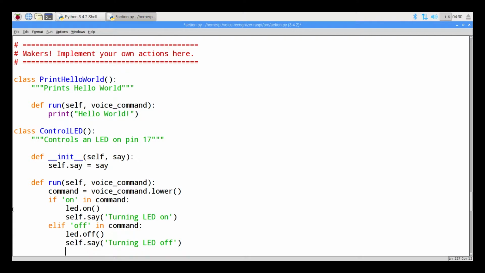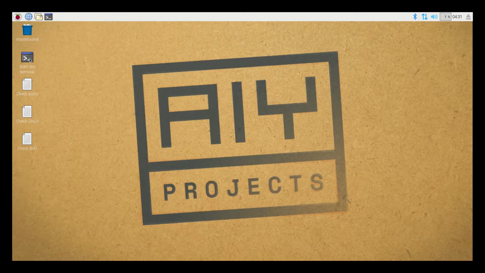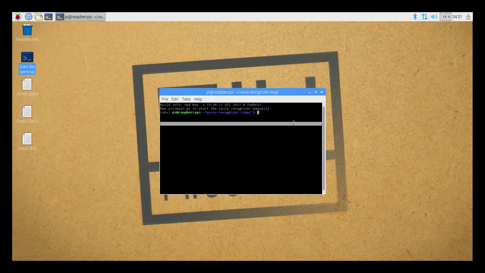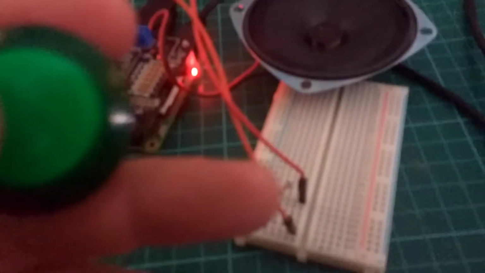Let's give that a go and see what that looks like when I run it. So I'm just going to Control S to save and close, and then open up the dev terminal and run source main.py. Now let's see what happens when I use that. So I should be able to push the button,